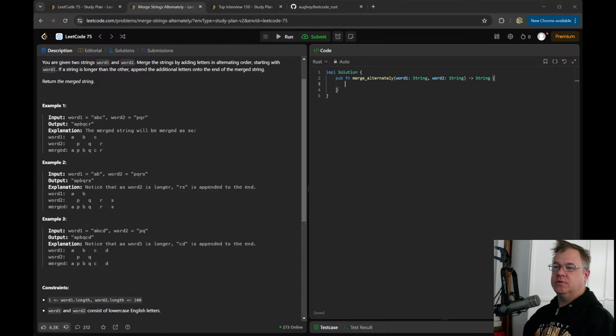Words equal words into iter cycle. Words dot next. Value equal words.next.